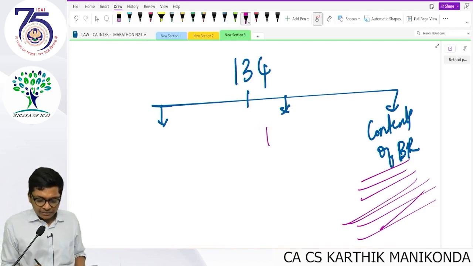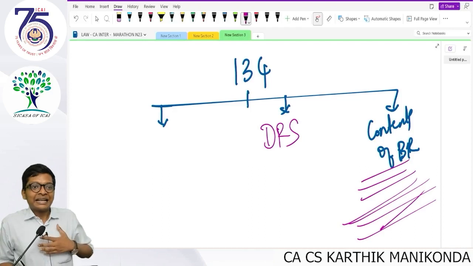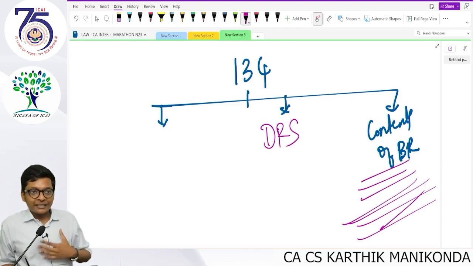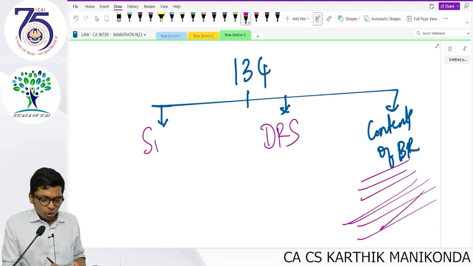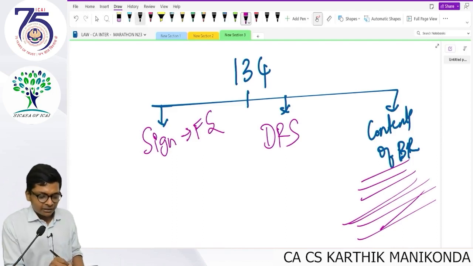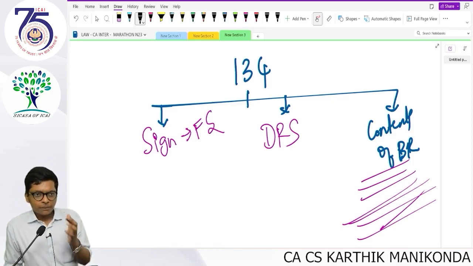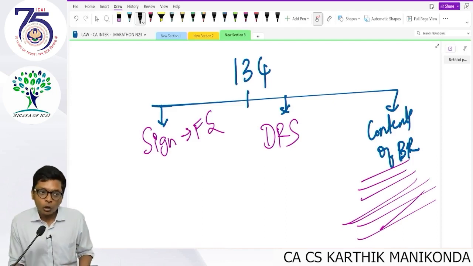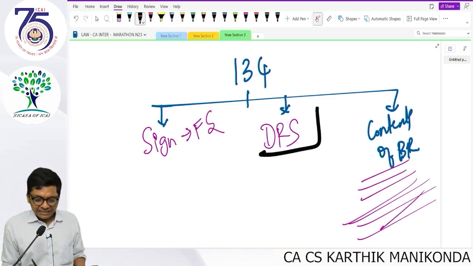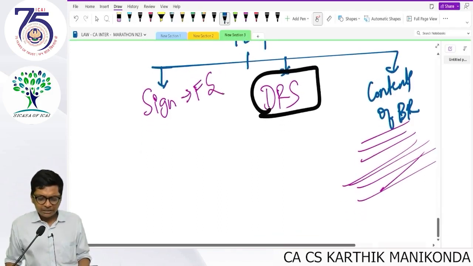What is important here is the DRS, not the cricket DRS, the directors responsibility statement, and who can sign financial statements. This has been tested many times. In one of the latest exams, I think May 23 or November 22, one of those two, they asked a straightforward 5 mark question: what are the contents of DRS? Very simple. The contents are: